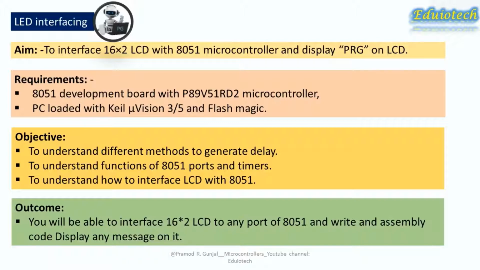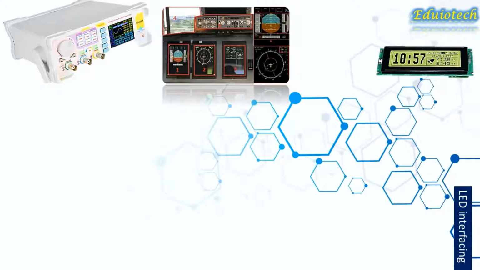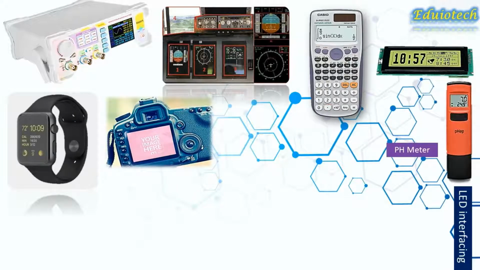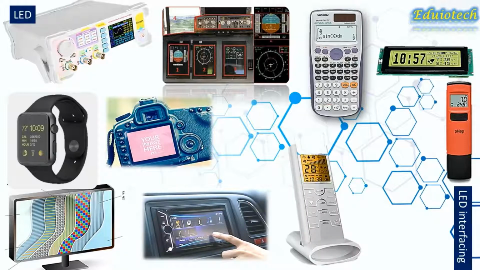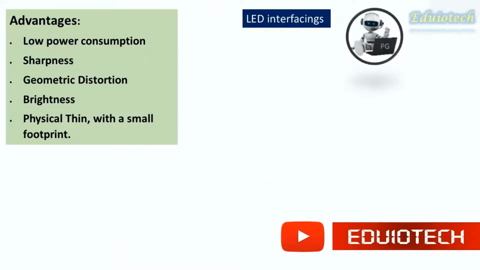Before going ahead, let us have a brief discussion about 16x2 LCD module. Interfacing 16x2 LCD with 8051 microcontroller is very easy if you know the pin configuration and its commands. Let's have a look at applications. The LCDs are used in aircrafts, calculators, and digital cameras for displaying images, television, laptops, monitors, medical instruments, digital wristwatches for displaying time, then mobile screens and many more. And have a look at the advantages and disadvantages of the LCD.